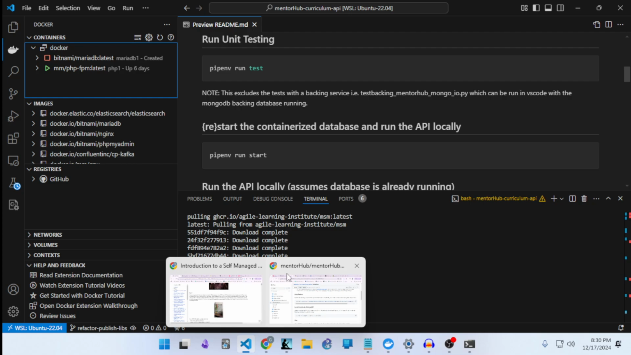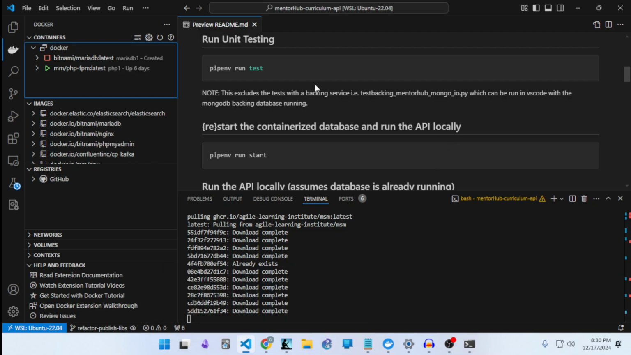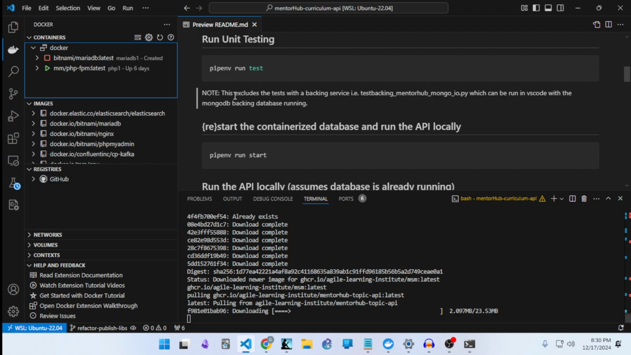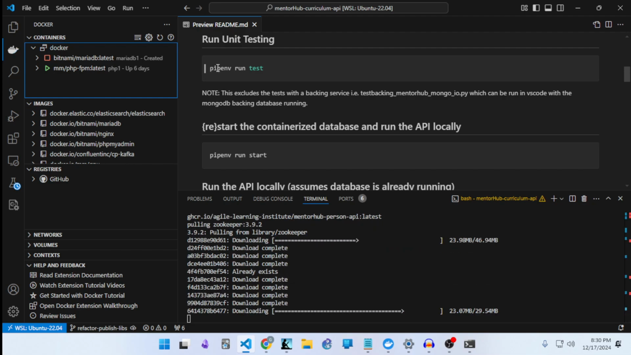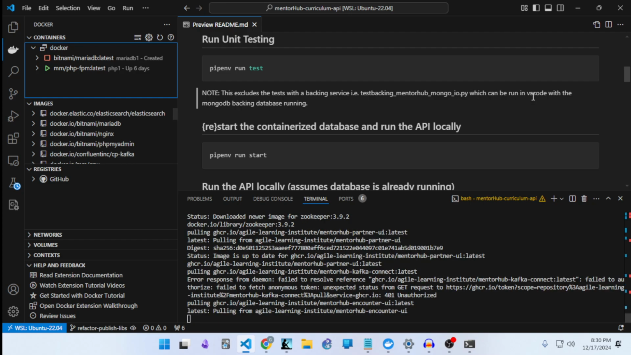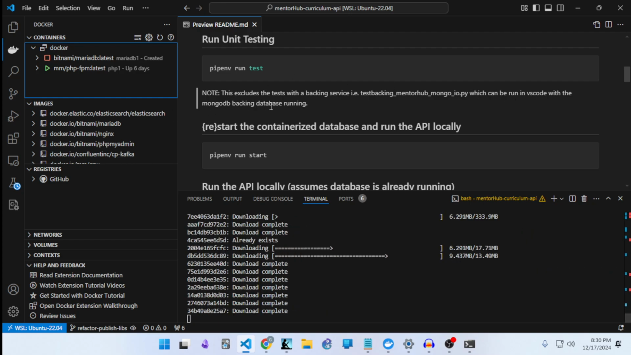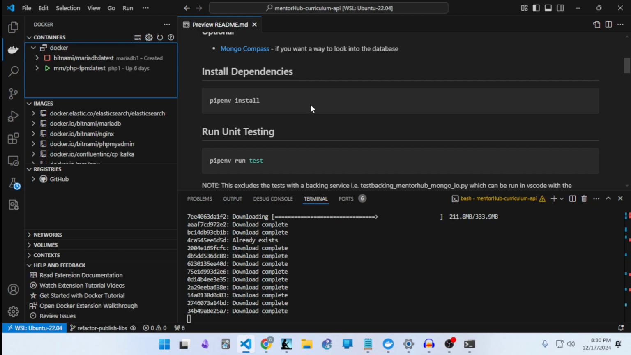All right. So it was failing the test presumably because I didn't have my development environment running. So note this excludes the tests without backing service, for example test_backing_MentorHub_Mongo_io.py, which can be run in VS Code with the Mongo backing database running. All right, so I gotta wait for this